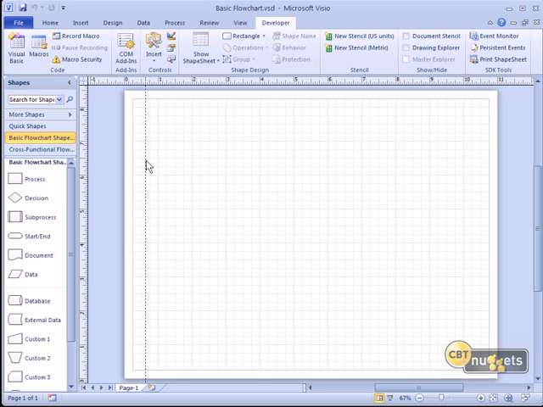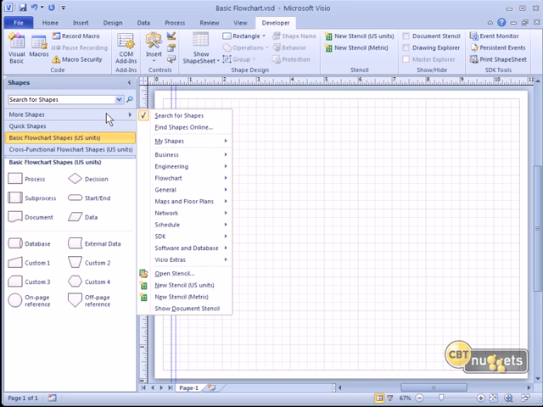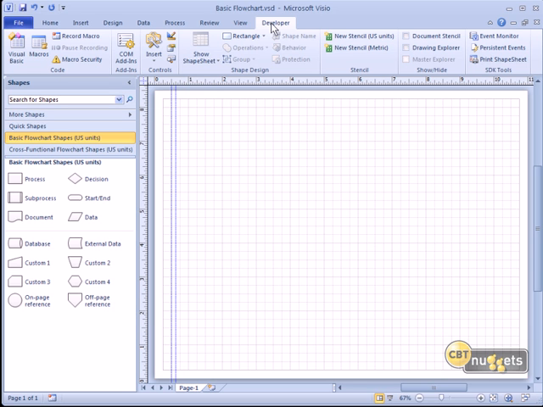Another way to go, and this is a great bookend to the nugget we did on creating custom templates, is that we can actually embed code in a stencil. This is an excellent way to do business. So let's imagine we were developing a custom template and we wanted to add in a brand new custom stencil. We know that from More Shapes, we can deploy a new stencil there, or actually on the Developer Ribbon tab, we can build a new stencil here as well.